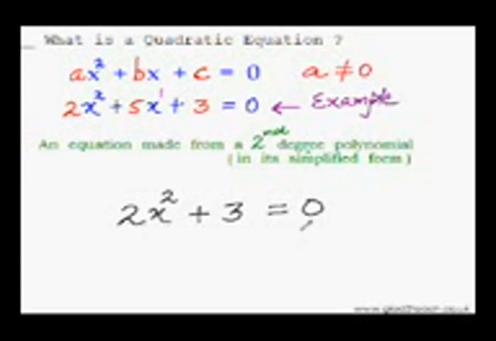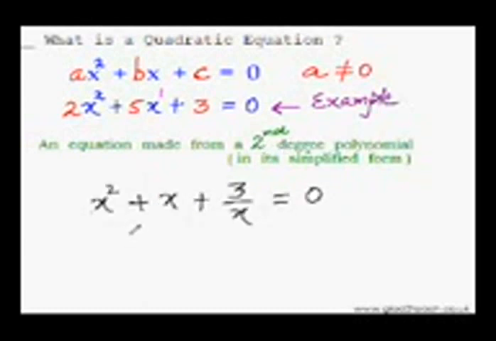What about this equation? Is it a quadratic equation? Yes, this is also a quadratic equation. Once again, it is of second degree and it is made up of a polynomial. The only thing is that the middle term is missing. That is, b must have been equal to 0. But it is still very much a quadratic equation, as it fulfills these two vital conditions. So what about this equation?